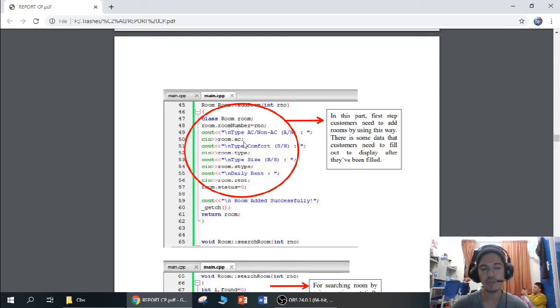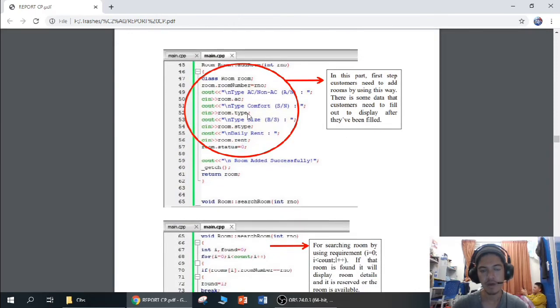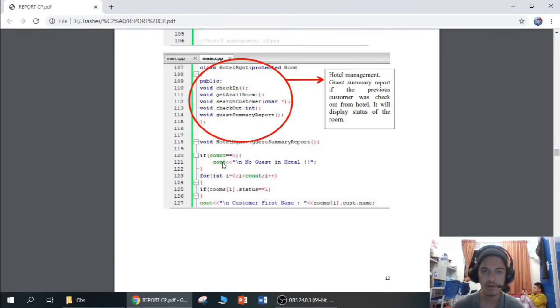what we need to add, which is whether the room needs aircon or not, the type of comfort, the size, and the daily rent. After we add all of this, it will display room added successfully. Okay, for this function,